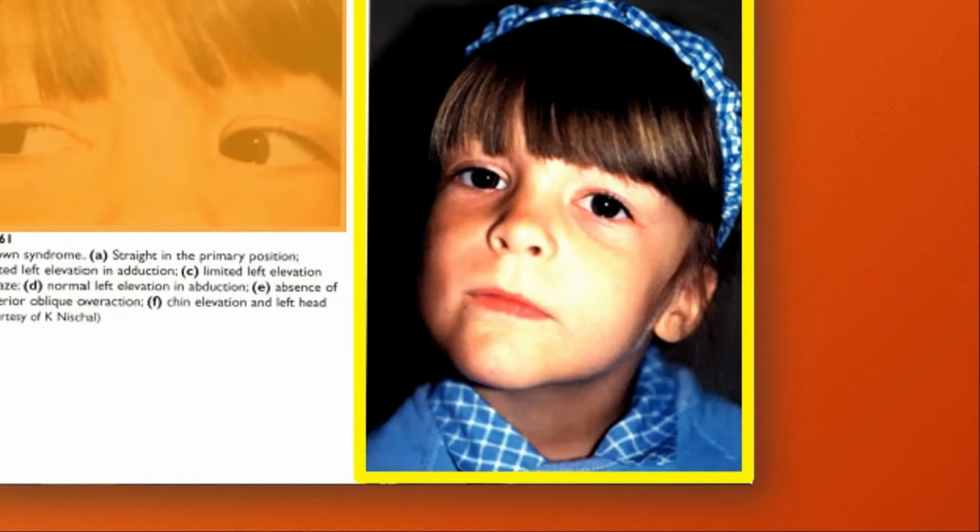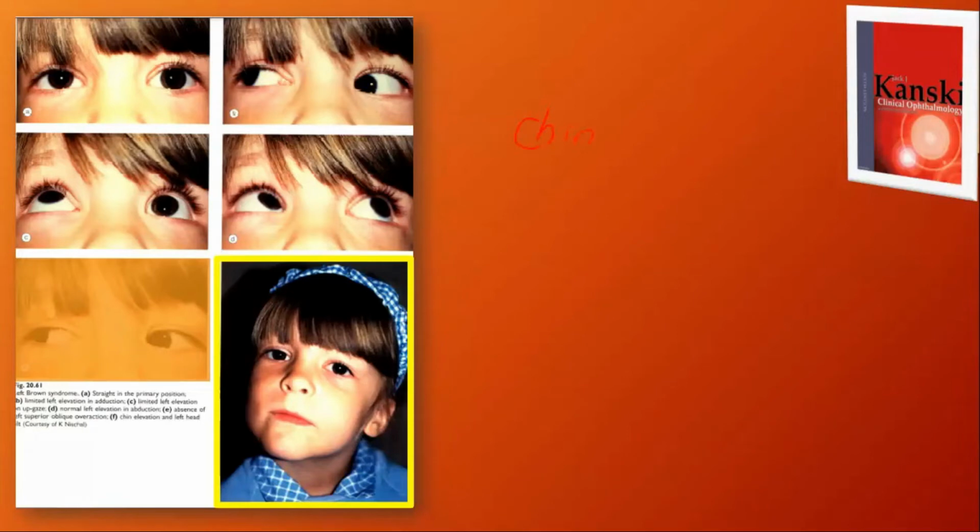So how do we expect this abnormal head posture? What is the problem here? We have a restriction at the superior oblique. It is a depressor muscle. The eye can't move up, generally can't move up, especially up and in. So the worst gaze here is up. So the head is turned to the worst position. So we have chin up. So whenever we have a problem in up gaze, we will take the chin up position. So this is number one. If we have a chin up.